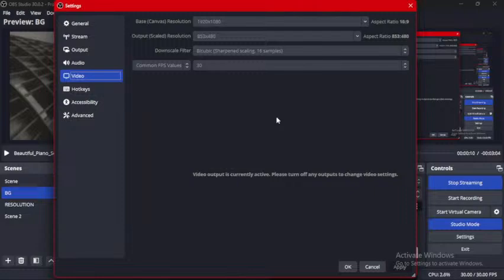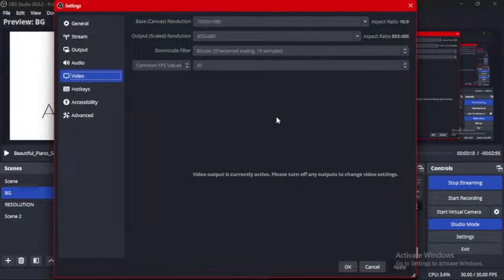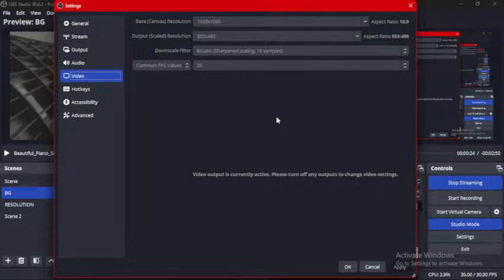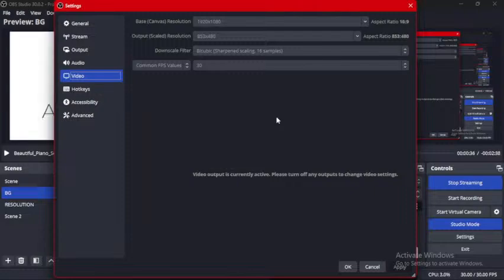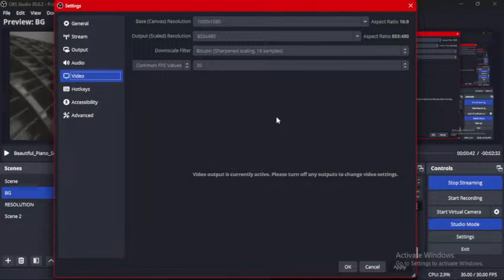The output resolution should be lower than your base resolution. Please take note, it needs to be lower than your base resolution, so that it won't put a big stress on your processor, your laptop. So a good rule of thumb, actually advised by some media guys around the world that I've met, and even myself too, I learned it by force.